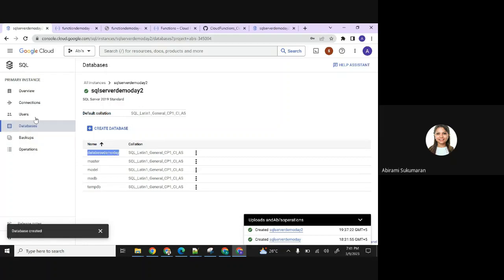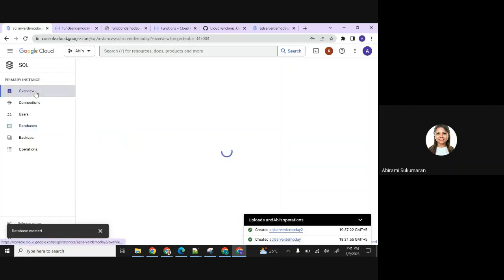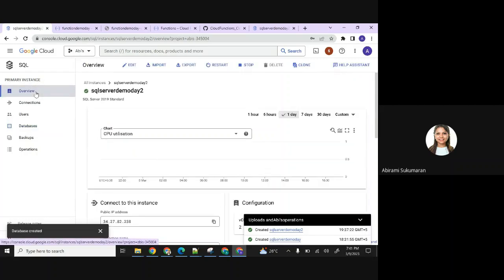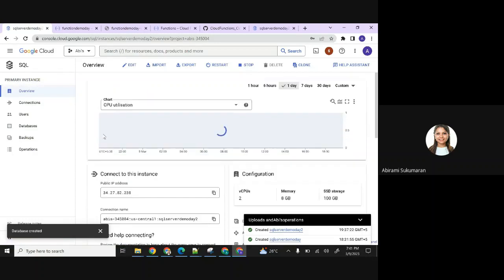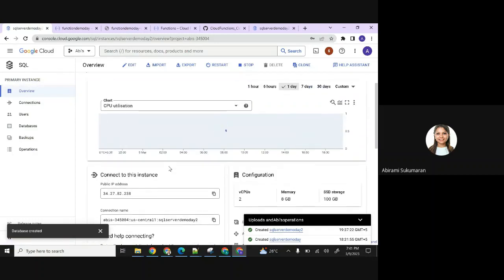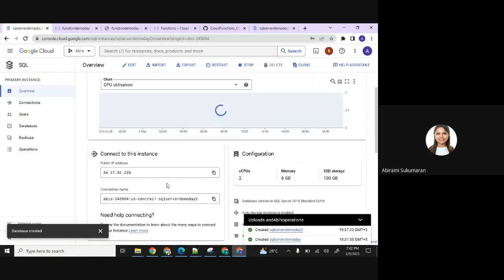Okay. So you can do the same thing if you have a local on-prem SQL Server client. Or if you have a SQL Server editor, you can actually try connecting to this instance and see if you're able to create this or see this database there. That you can do as well. But in this case, I'm not going to do that. I'm just going to programmatically test a few things. That's it, right? Now,